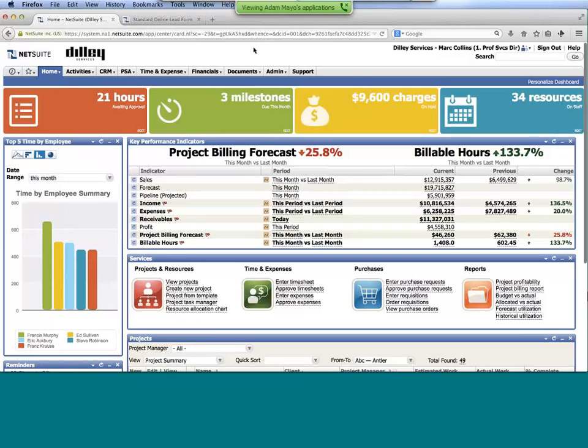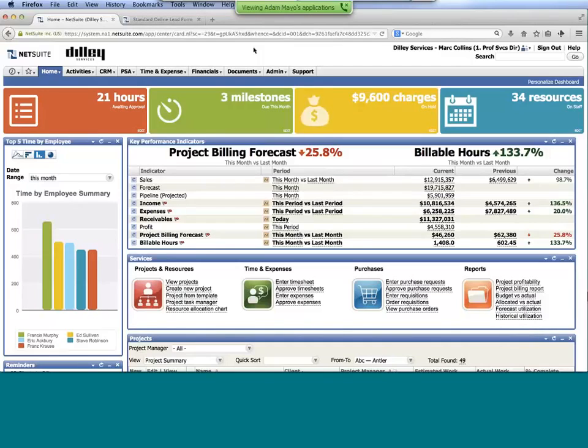And then the main portion of the screen that you're seeing is the dashboard. And that's comprised of several different windows, and you're seeing some of those notification tiles up on the top. We refer to these as portlets. And again, it's configurable for each and every user. So as a professional services director, I have some notifications right up on the top as far as billable charges for projects or hours that I need to go in and approve.